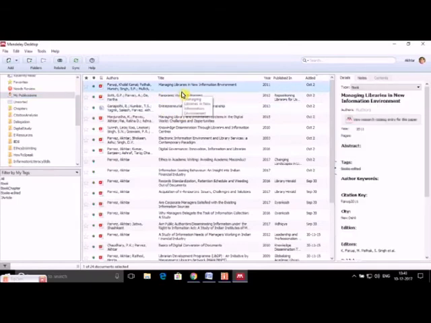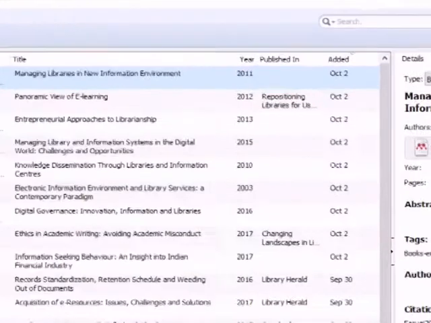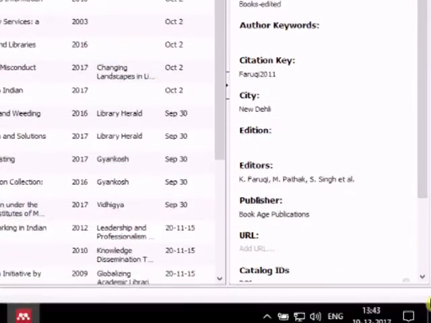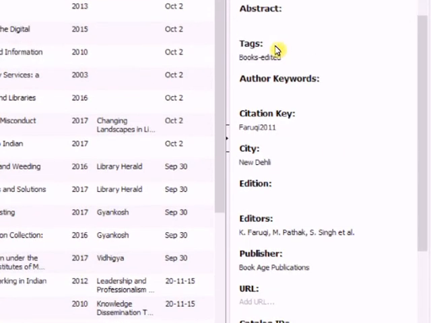You see on your right hand side, so if you go down here, then you see this is the book which I have edited, and I have given a tag for it.